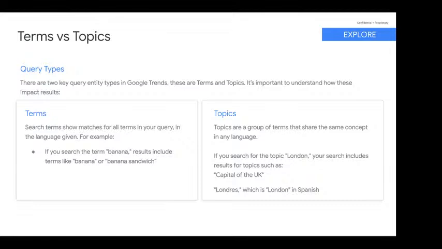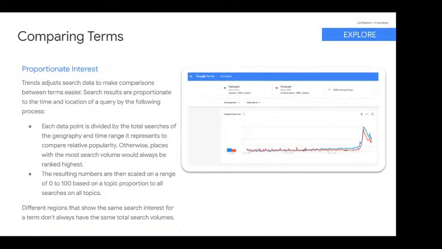So the topic is much broader. That's something to have in mind, especially when doing your analysis, just to make sure that you're looking at the correct pieces of data. Secondly, I'm sorry that this is a bit heavy in terms of text, but Google Trends,